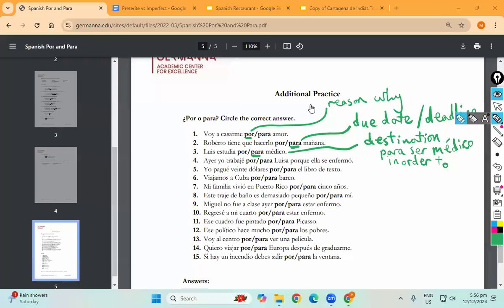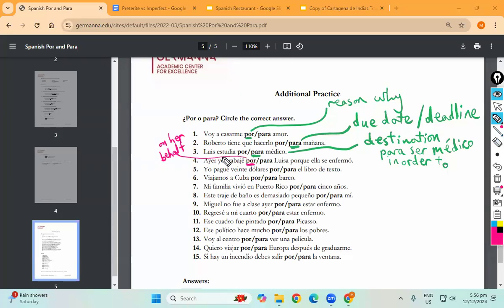So, on someone's behalf is for. Right? If you could replace the words in the sentence with on her behalf or on his behalf, then it's